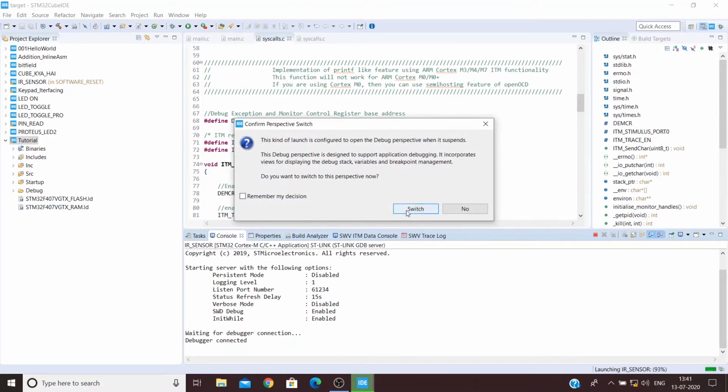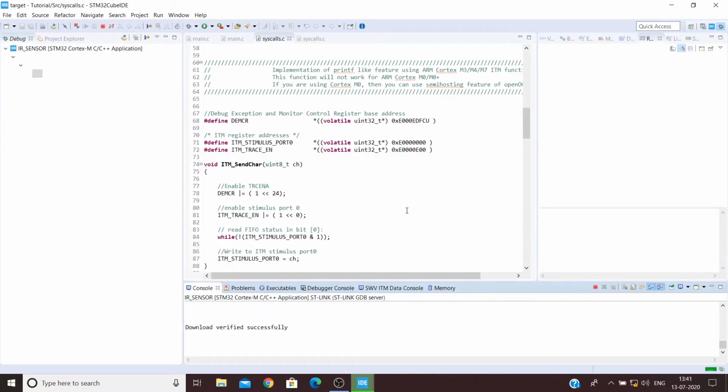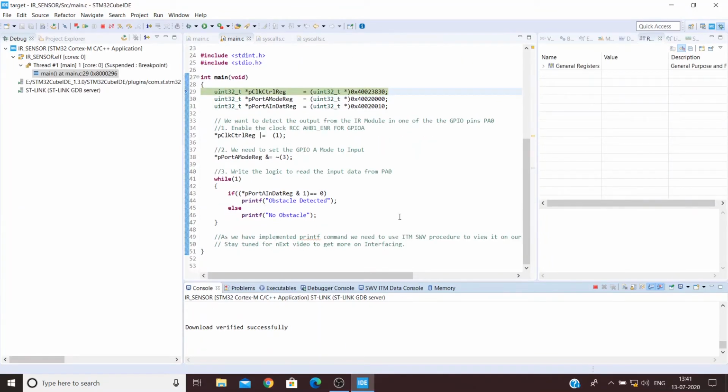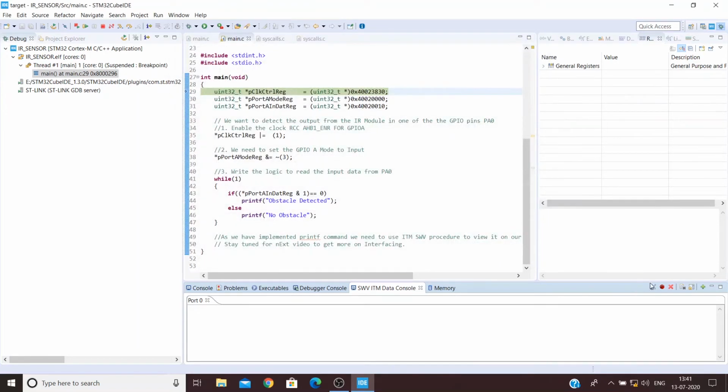We can see the download is verified successfully, and we are going to continue executing our project. Before that, we need to select port 0 as shown and press the start trace button before playing it, so that we can view the output at port 0. Okay, here we can see that our program executed.